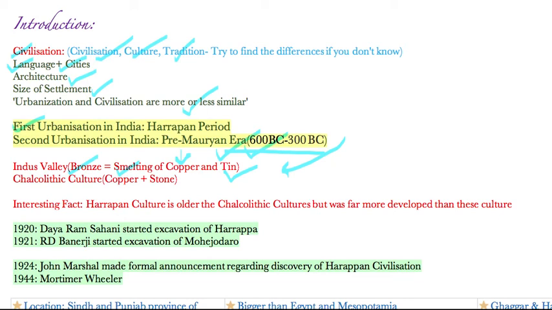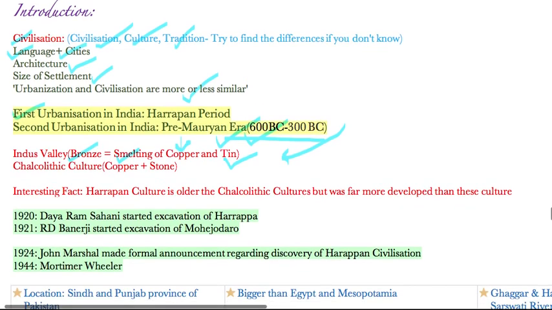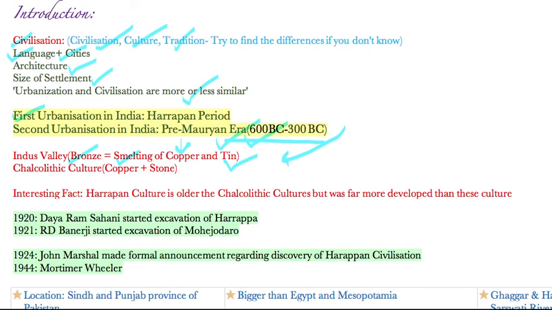So Chalcolithic culture, as I discussed, was copper plus stone, and Indus Valley was a bronze culture. So this fact we also discussed, that Harappan culture is older than the Chalcolithic culture, but was far more developed than the Chalcolithic culture. Now we'll come to 1920, when the very first city of Indus Valley civilization, that is